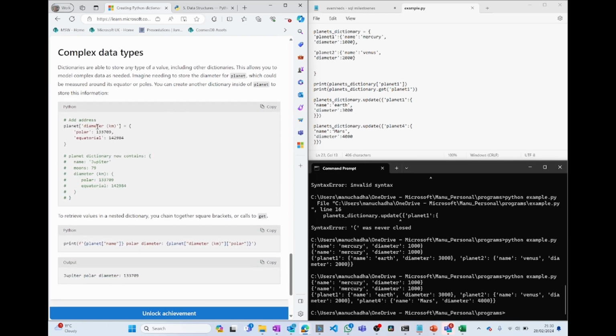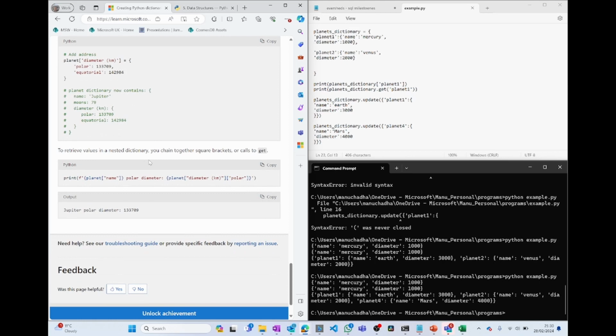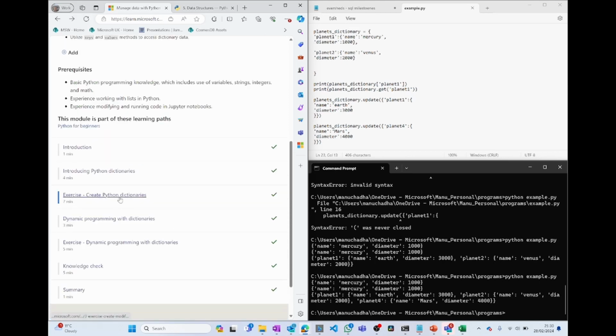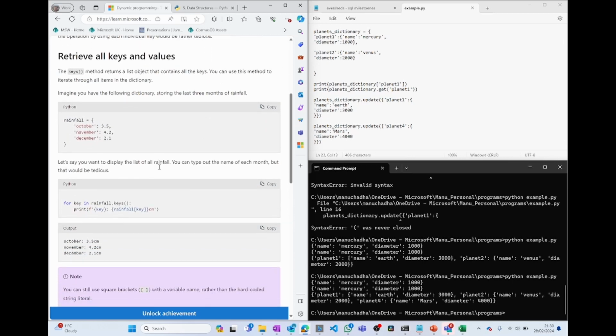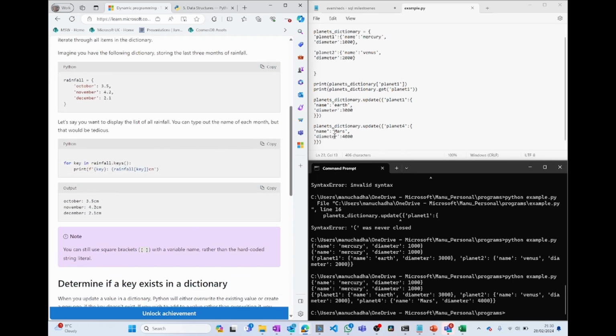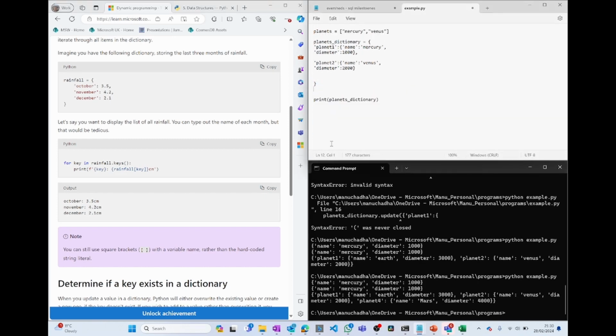Like in this example, there's a dictionary with a key diameter kilometer with values polar and equatorial, and then you can add that into another dictionary, something very similar to what I've shown in the example. Then there's an exercise, and the dynamic programming with dictionaries covers how we can get the keys and values of a dictionary. If you want to find out the keys and values of a dictionary, you can use a for loop. So for example, for key in planets